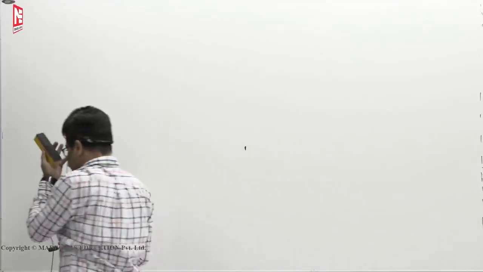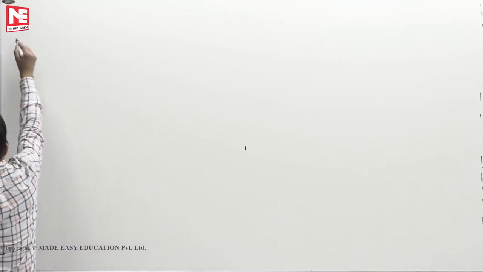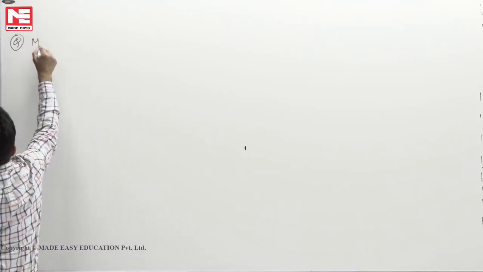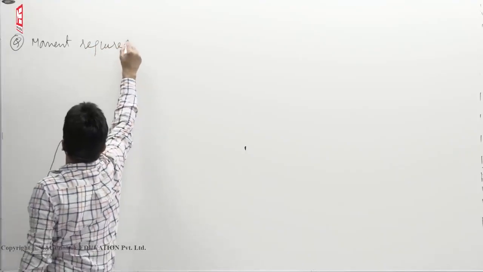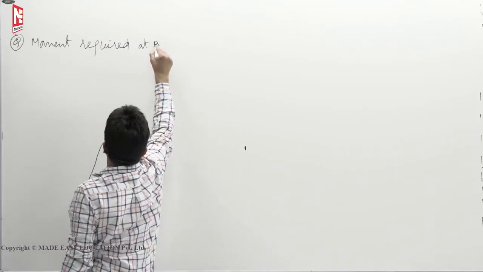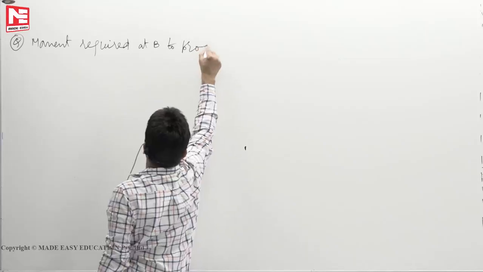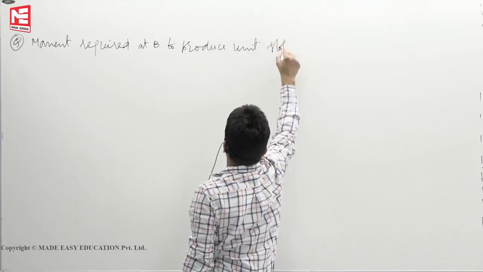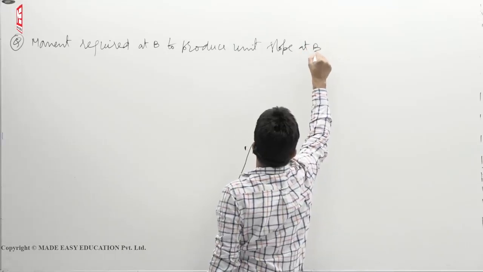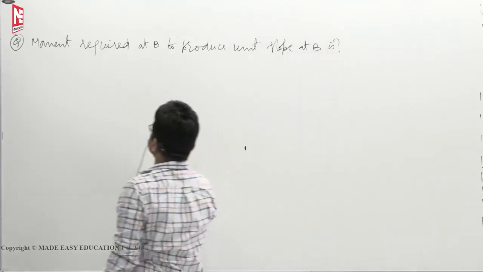On the third concept, things will go like this. Moment required at B to produce unit slope at B is,